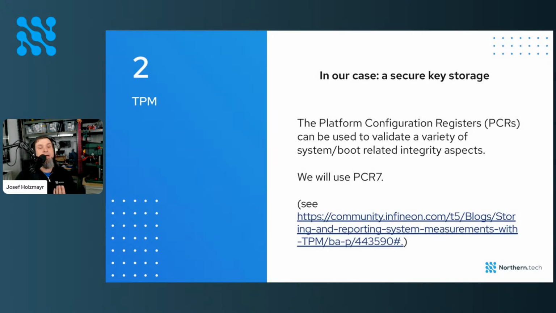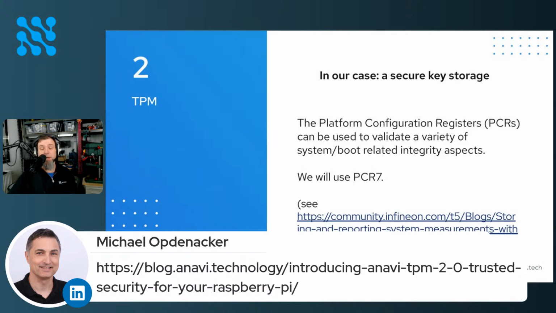As I said, in our case, the TPM serves mostly as a secure key storage. It can have a lot more functionality, as far as I know. I've only started to scrape the top of understanding TPMs, but you can hold key hierarchies to some degree. You can even insert code in there. Thank you, Michael. Let me just add that one here. But